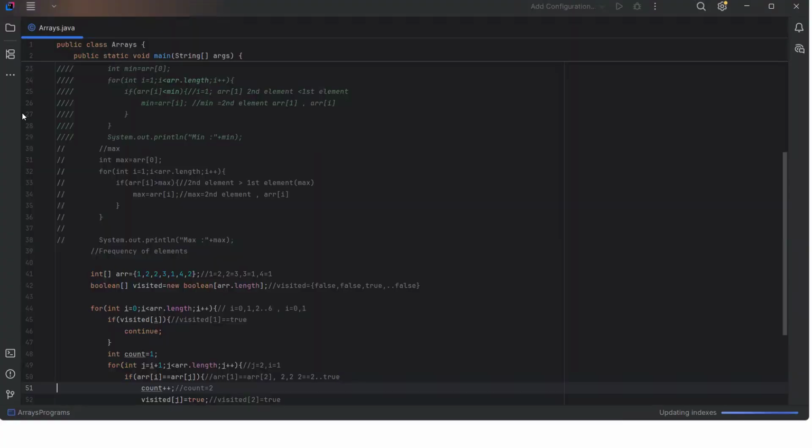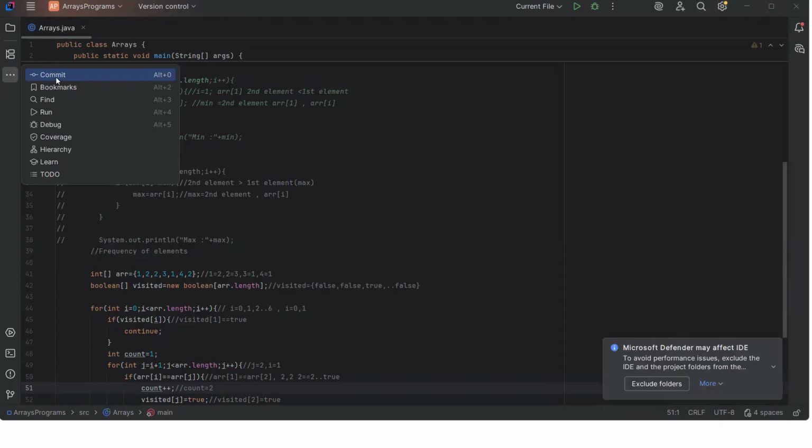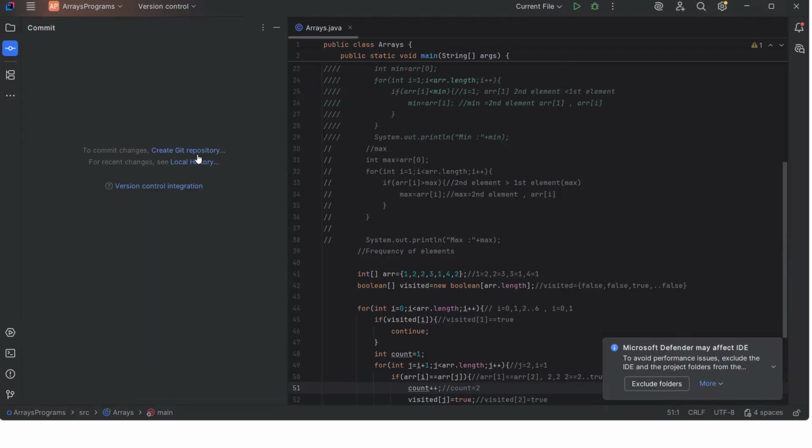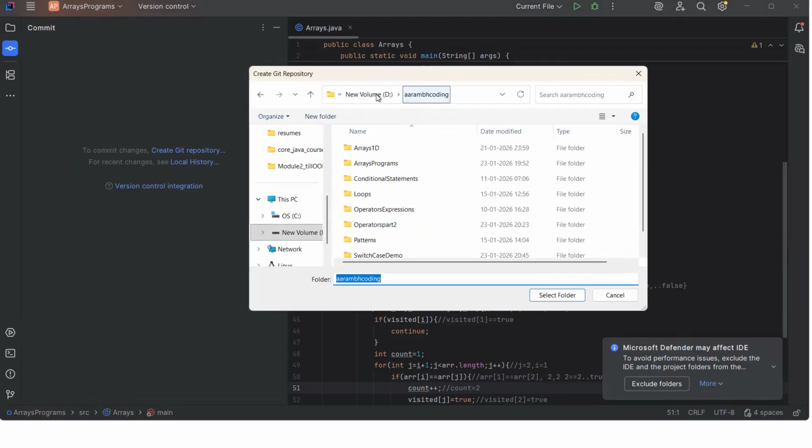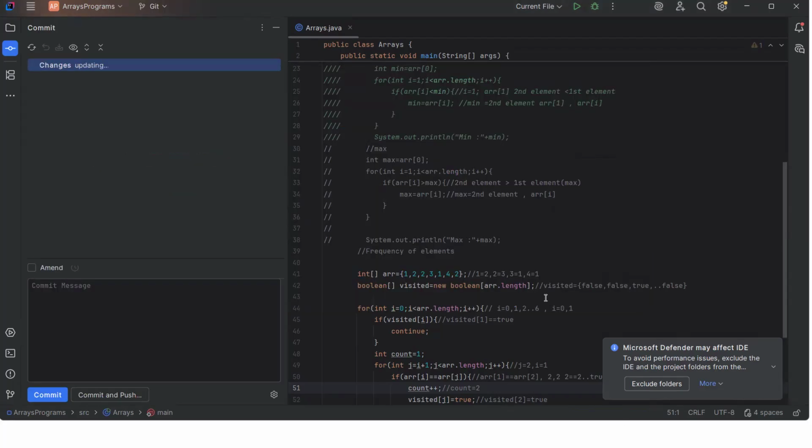I'm in this program. Then I'll come here. I'll click commit. First step is a Git repository is not created. So I click create Git repository. I want this in aArambh coding folder. All my programs are there. This is my program, aArambh programs. This name is here. I want to commit this code. I'll select this folder